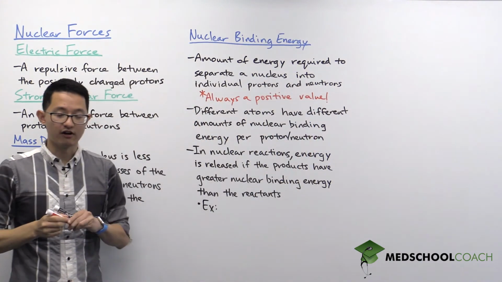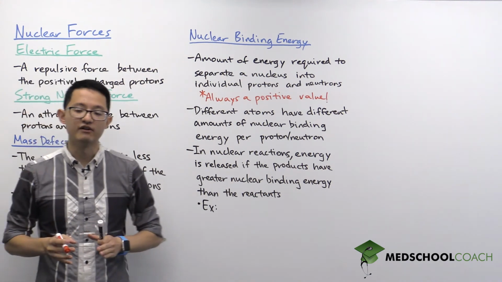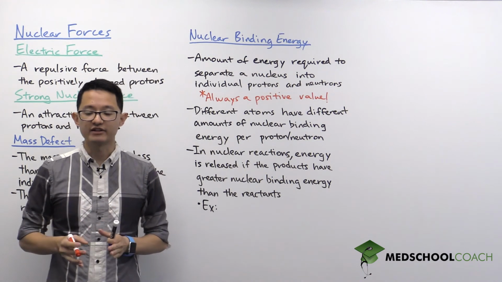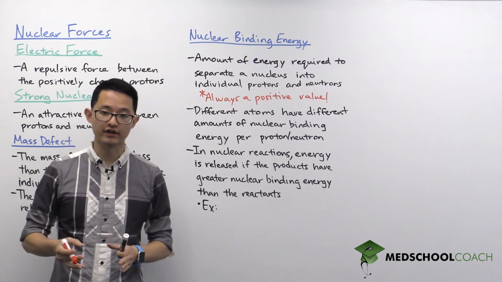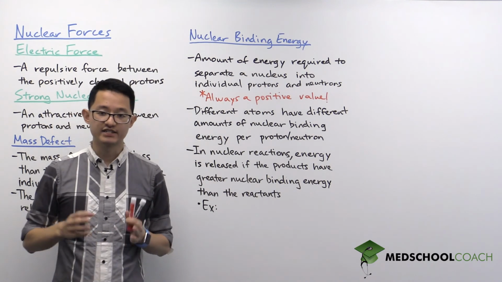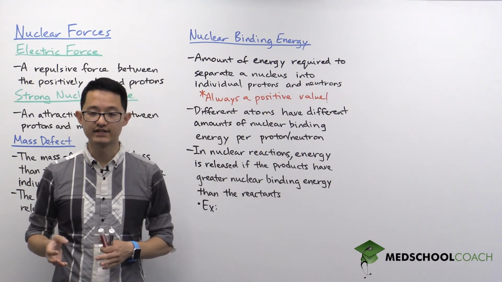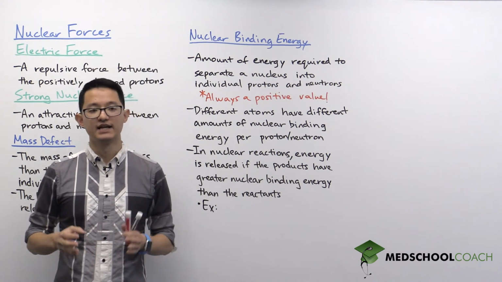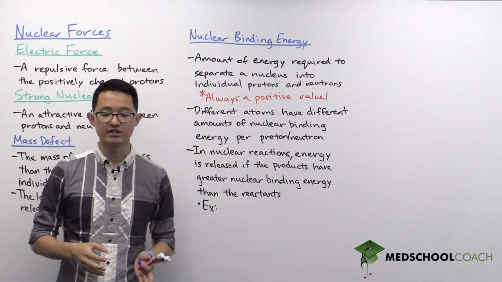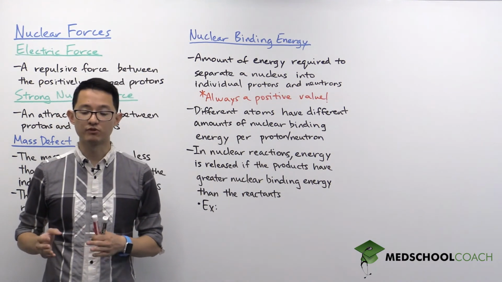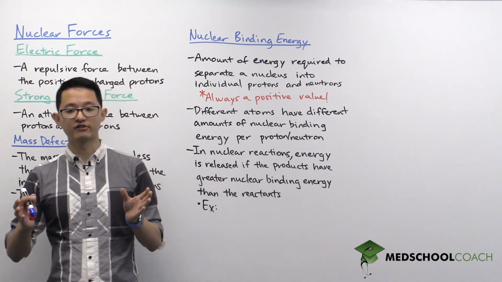Okay. Now, while the nuclear binding energy is always a positive value, it turns out that different atoms, their nuclei, have different amounts of nuclear binding energy per nucleon. What this means is that some nuclei are held together more tightly than others. And this is important because in nuclear reactions, if your products have more nuclear binding energy than your reactants, you're able to release energy. And we can see this if we take a look at this diagram here of a